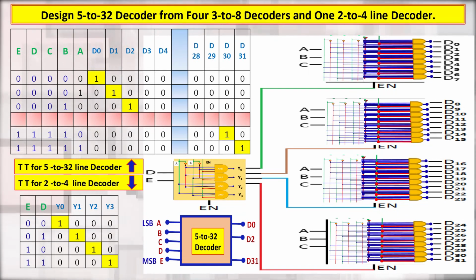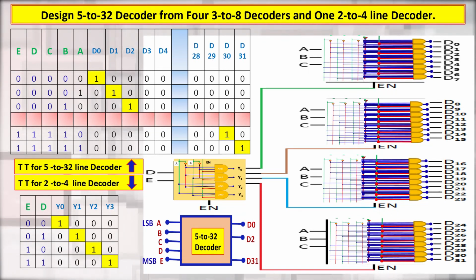The enable pin of the third 3 to 8 decoder is connected to the third output pin of the 2 to 4 decoder, and the fourth 3 to 8 decoder pin will be connected to the fourth output pin of the 2 to 4 decoder. So, this way what will happen, based on the 2 MSBs, any one of the 4 3 to